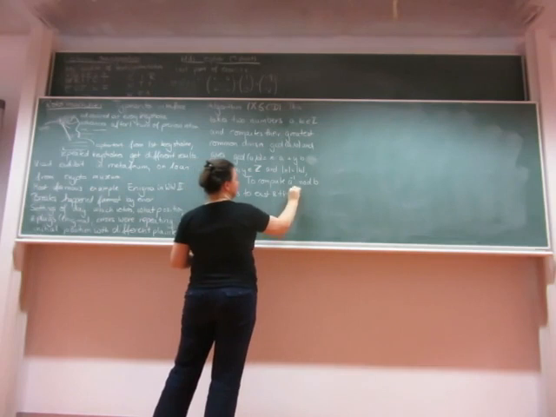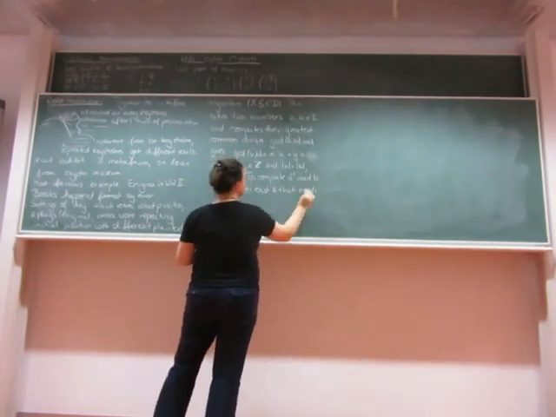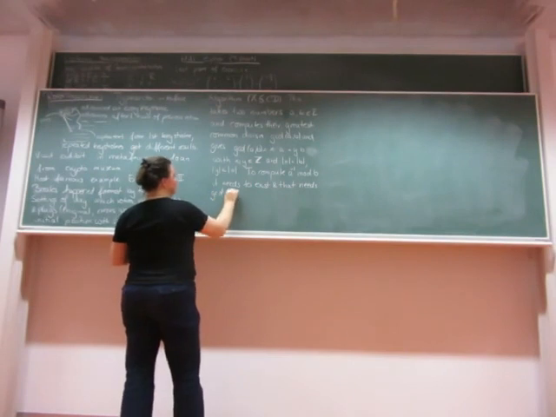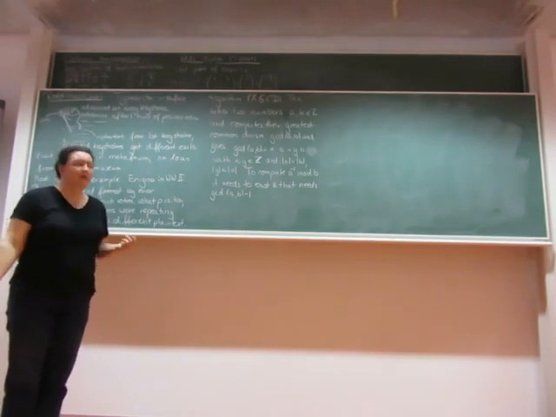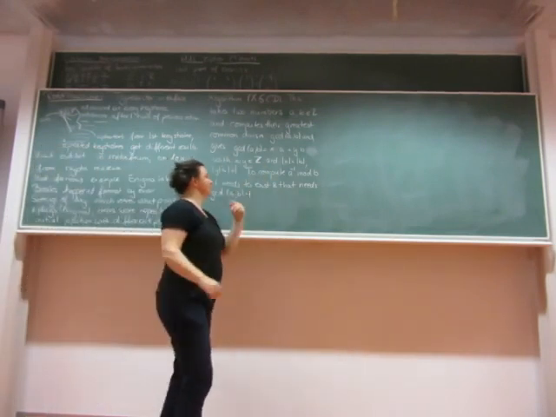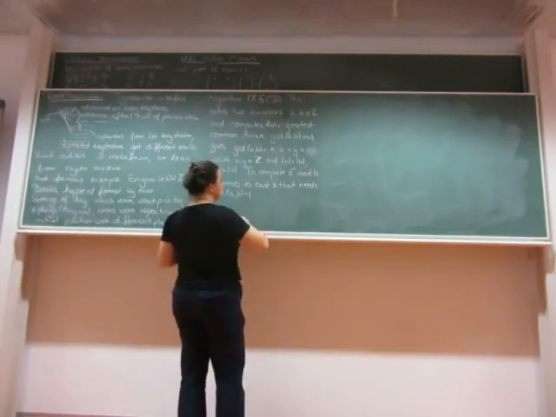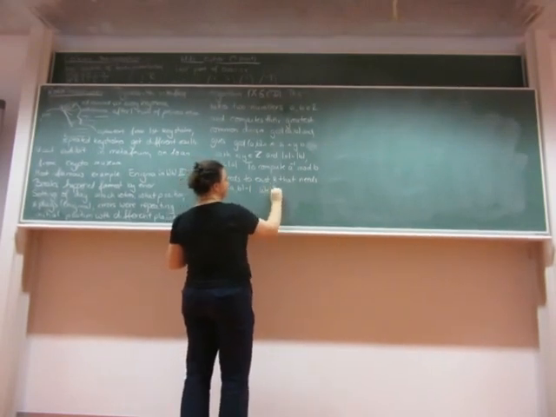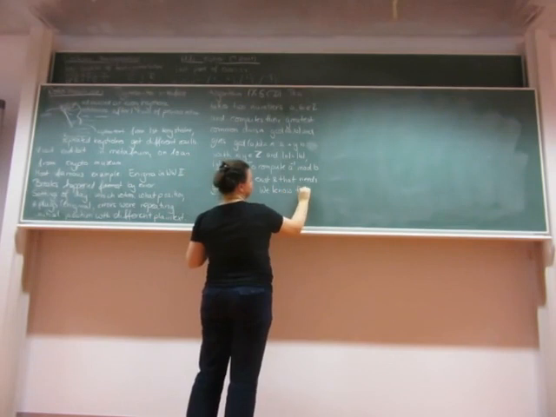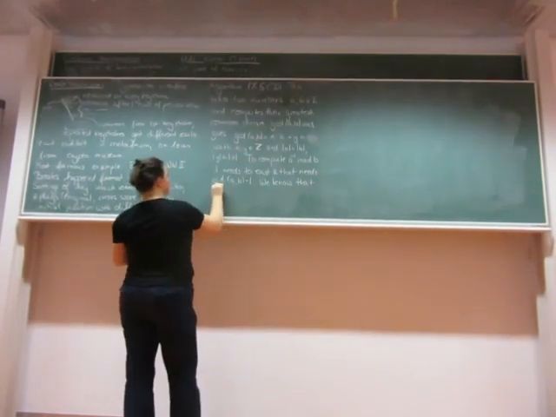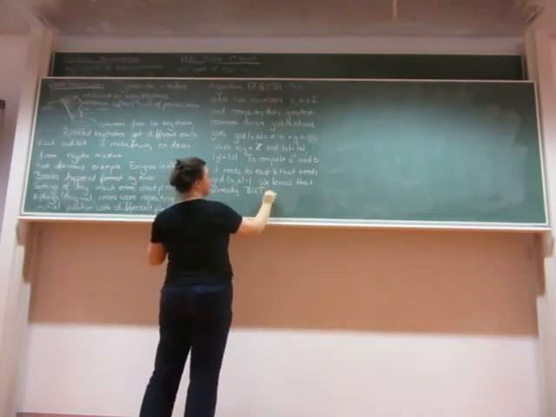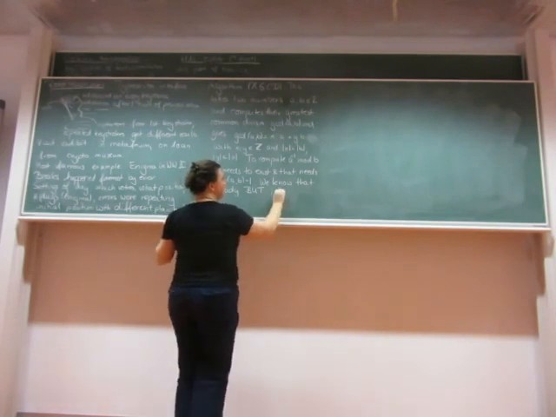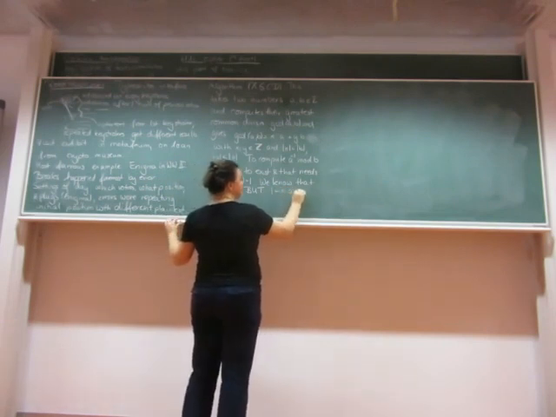And that means that the GCD of A and B is 1. Okay, and then we get x and y with this property. So this one we know already. But the cool thing is, if we know that 1 is equal to x times a plus y times b,